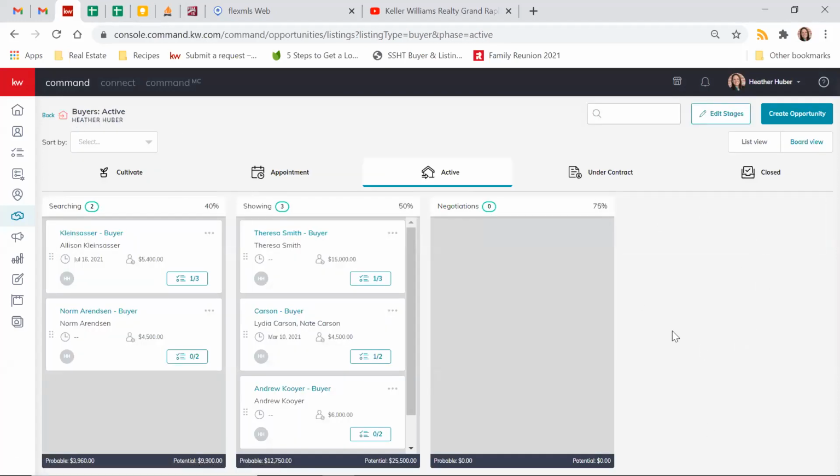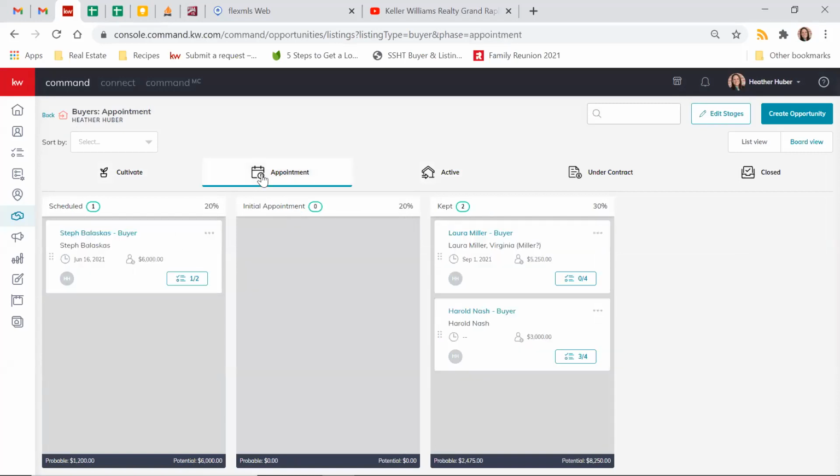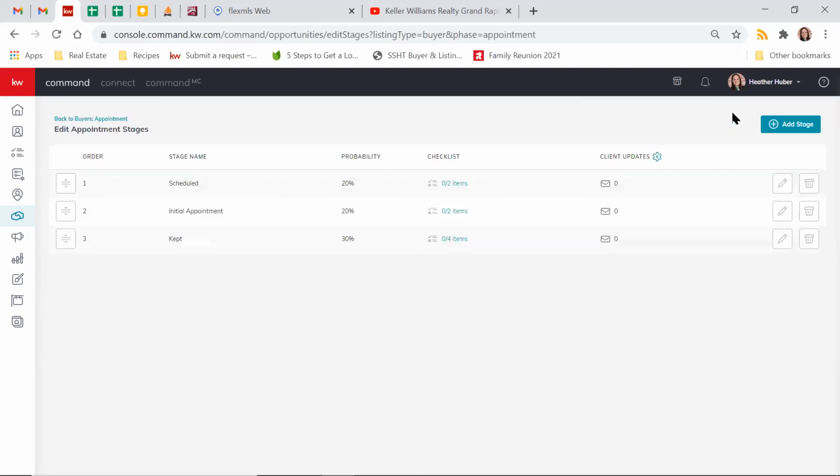Yeah, and it took it out. So that's how you would get rid of that. Okay. So under each thing, like cultivate, there are stages under cultivate, then appointment, there's stages under appointment. And then under each stage in appointments, you can have a separate checklist. Yep. Okay. So if you go to edit stages up here,